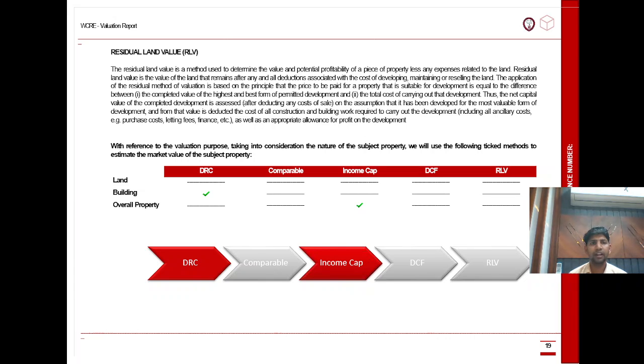Residual land value is the value of the land that remains after any and all deductions associated with the cost of developing, maintaining or reselling the land. The application of the residual method of valuation is based on the principle that the price to be paid for property suitable for development is the difference between